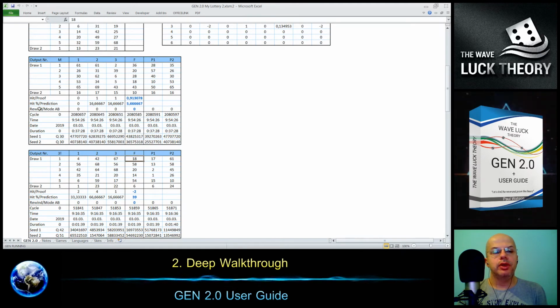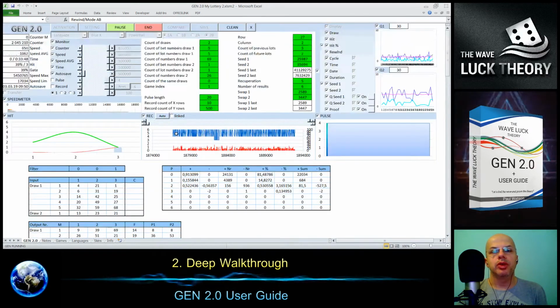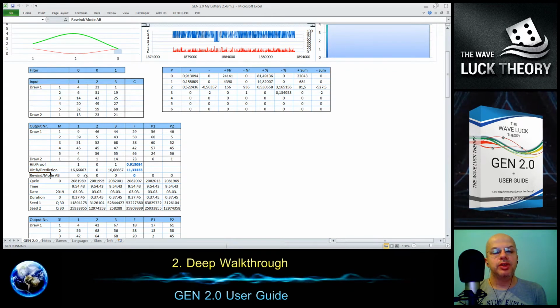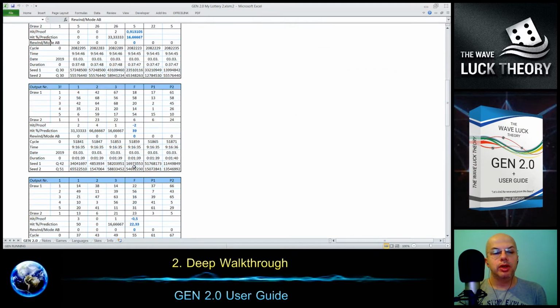Then we have here the number of rewinds, and as I mentioned, it's related to the mode, which is A and B in our case. For A there will always be 0 as there are no rewinds, but for B, which is relevant to the second draw, there can be some rewinds. Maybe we can look if we have some rewinds, and we see the quality of generation is good, as the number of rewinds is 0, and the number of rewinds is relevant to all generated days sequences.